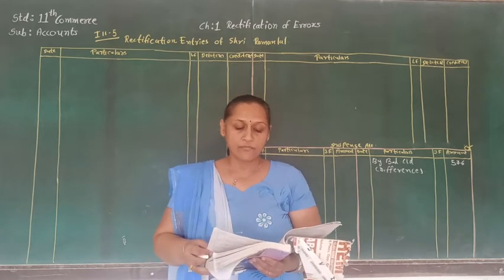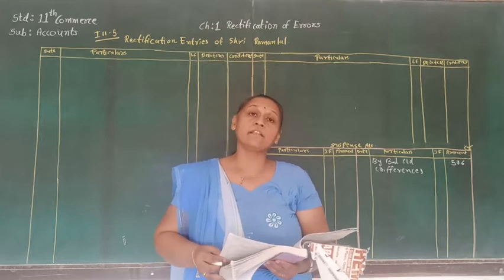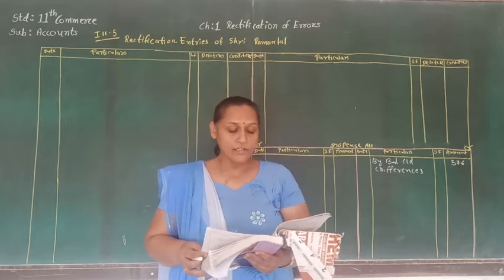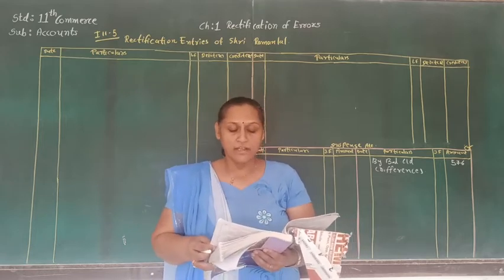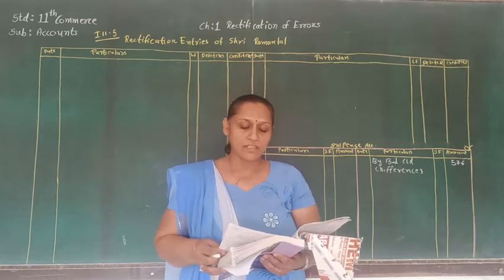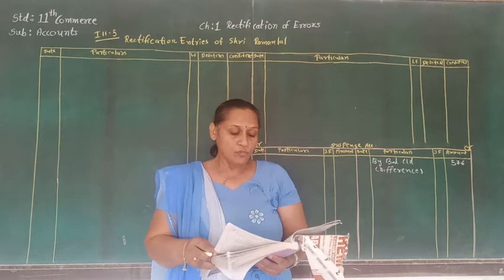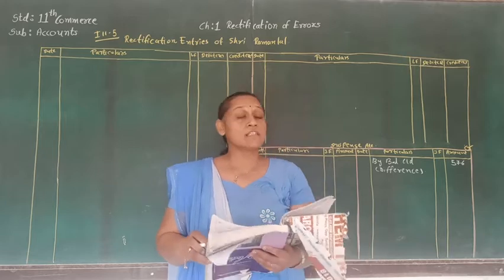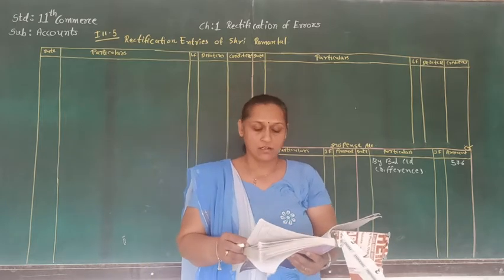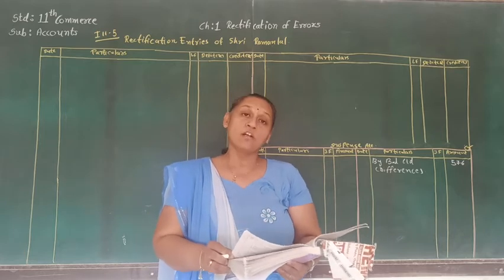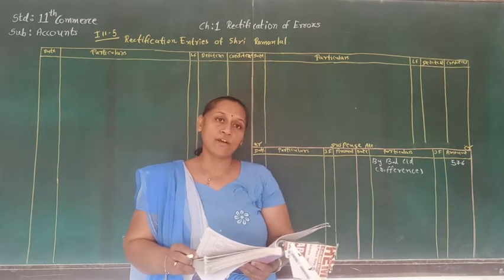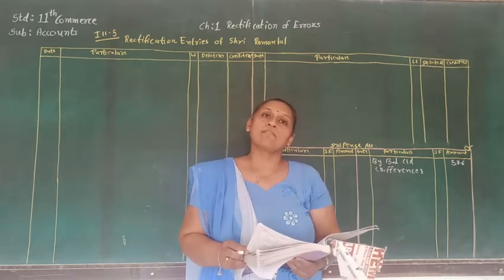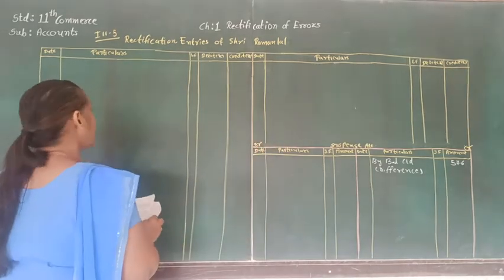Later on, after preparing the final accounts, the following errors are detected in the next year. So here the very first transaction is rupees 2,596 received from Ashok is posted as rupees 180 on the debit side of his account. So here it is supposed to be credited 2,596, and it is credited. So this is the error where we have to open the suspense account. So the journal entry will be suspense account debit to Ashok account, and the amount will be 2,596 plus 180, so the amount will be 2,776. So let's pass that rectification entry.